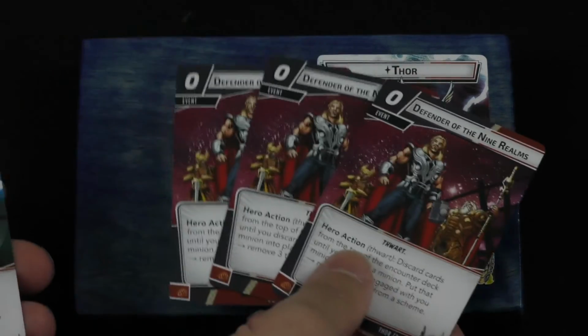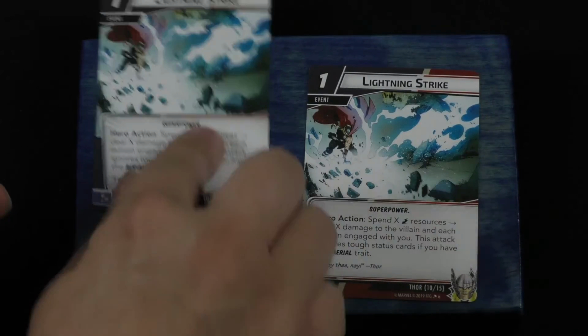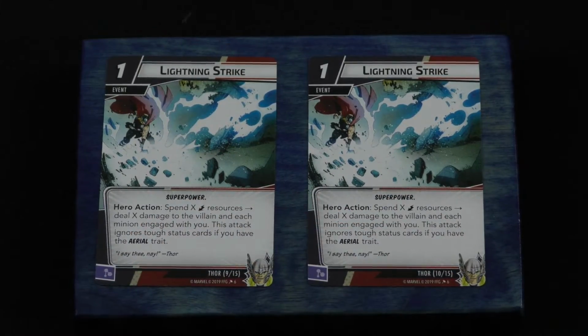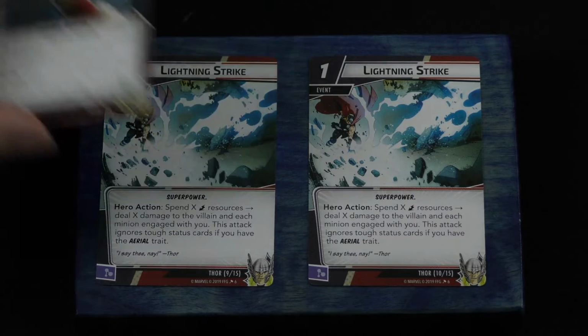And you actually get 3 of those in the deck, so you're going to be trying to do that a little bit. Then, to help you deal with those minions, especially if you get small ones out there, there is 2 Lightning Strikes. So this one's really cool. You can spend X lightning resources to deal X damage to the villain and each minion engaged with you. This attack ignores the tough status if you have the aerial trait, which of course you get from having Mjolnir